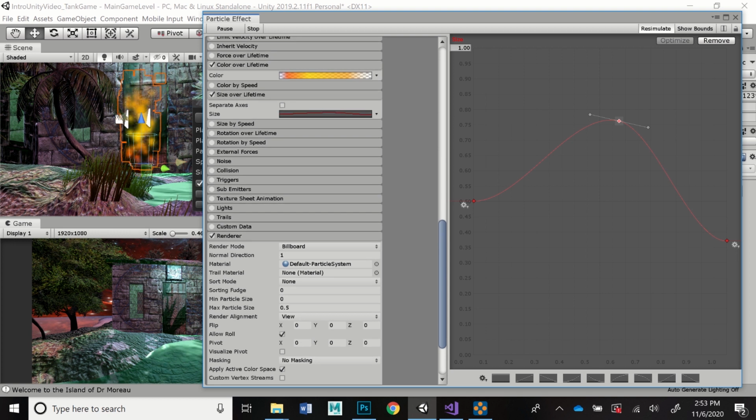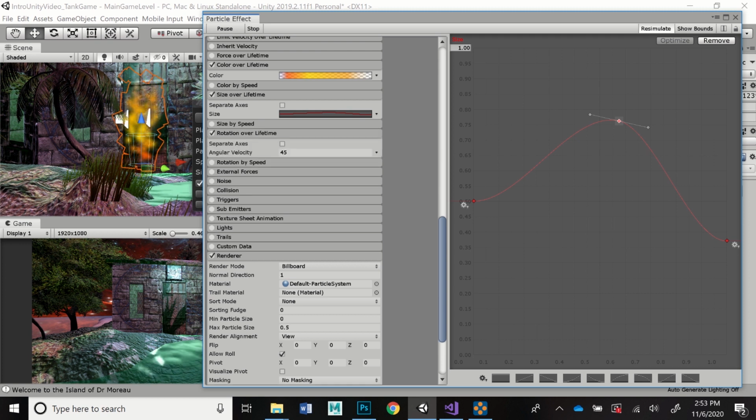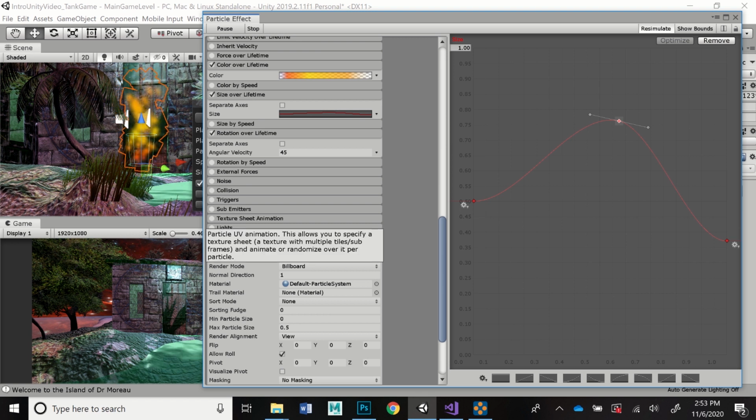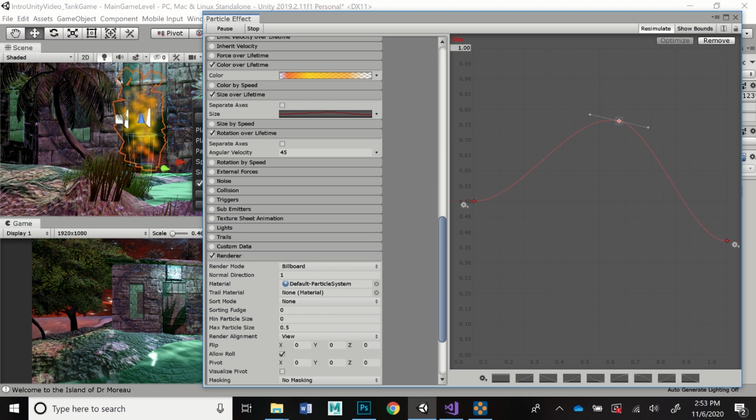Before we get to that, you're going to want to do some rotation over lifetime to make maybe some kind of a swirling type of effect. There's a lot of things you can experiment with in here. You might want some noise and some rotation by speed, external forces. There's various things that you could turn on here. If I turn this one on, you can see it has an angular velocity of 45, but I would prefer